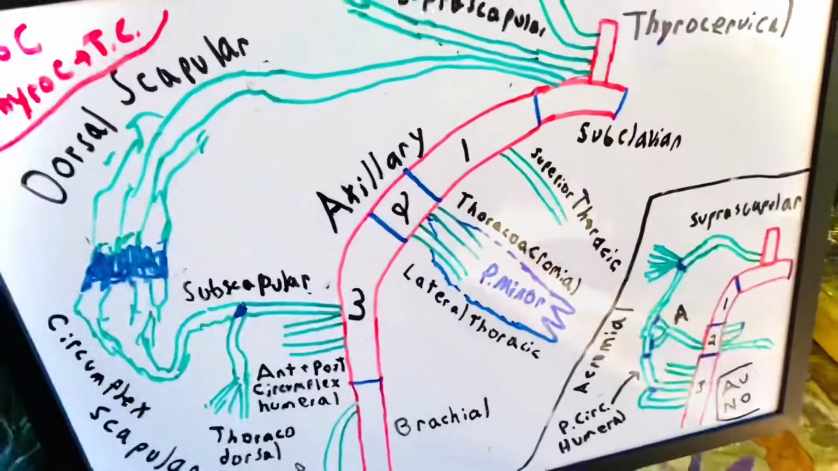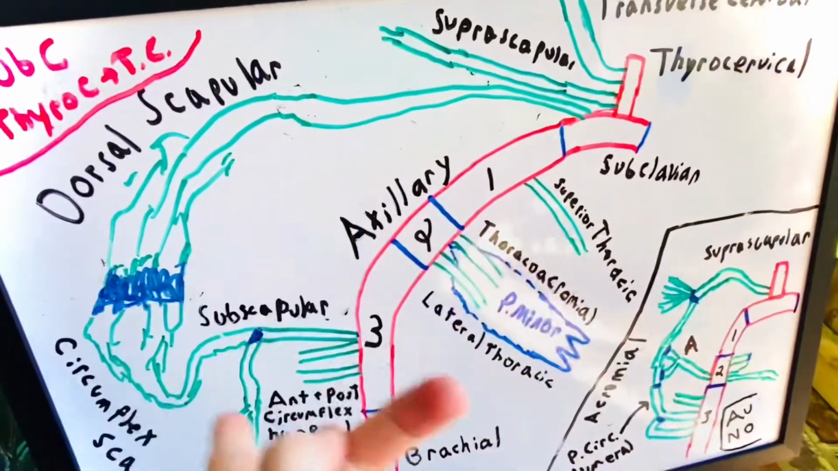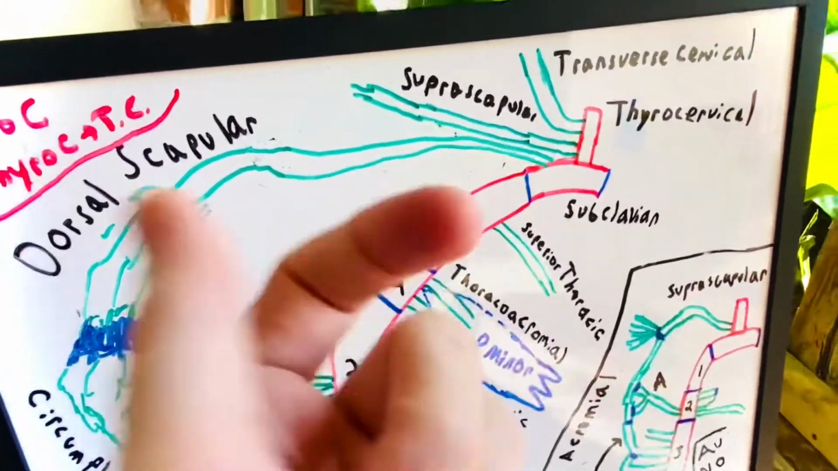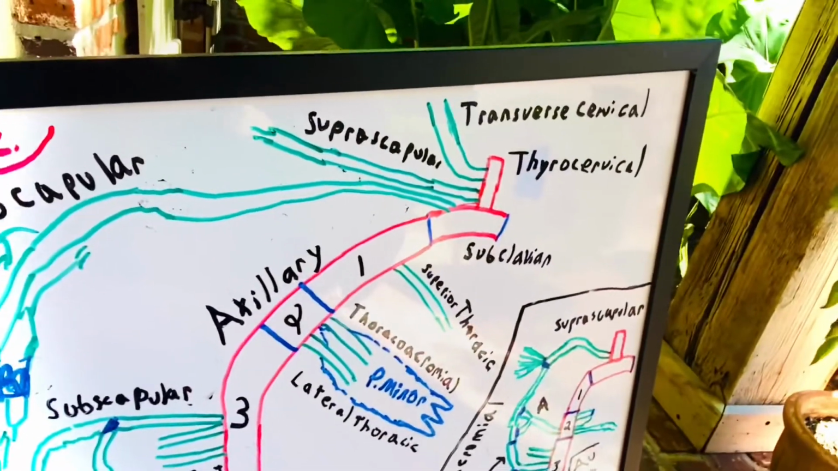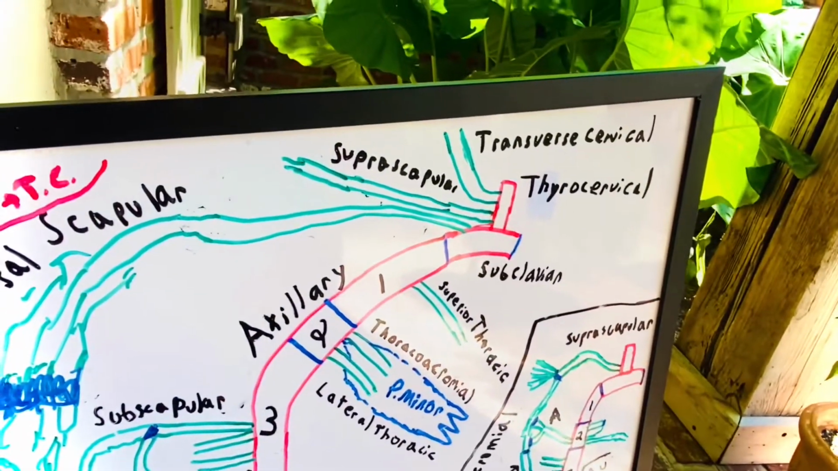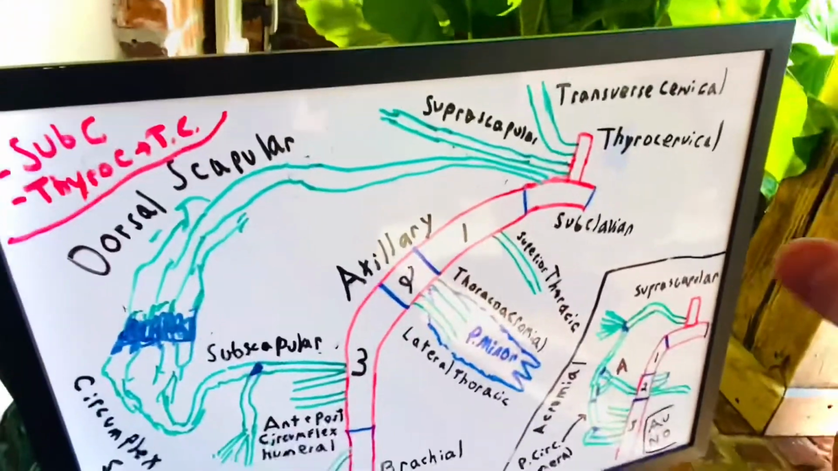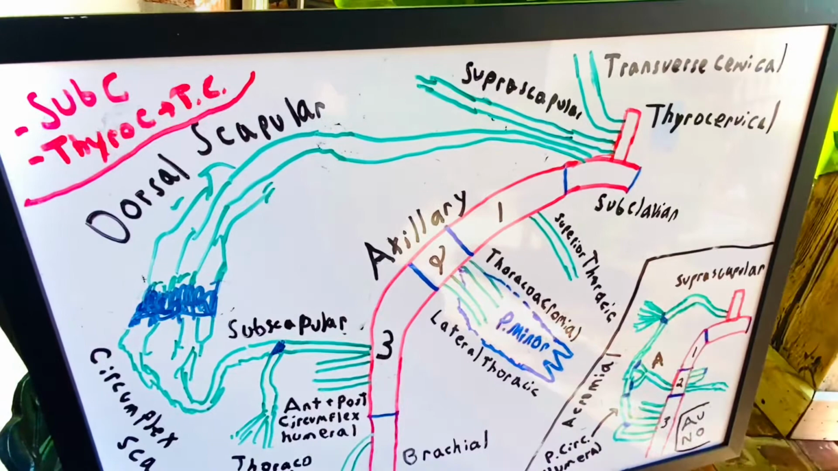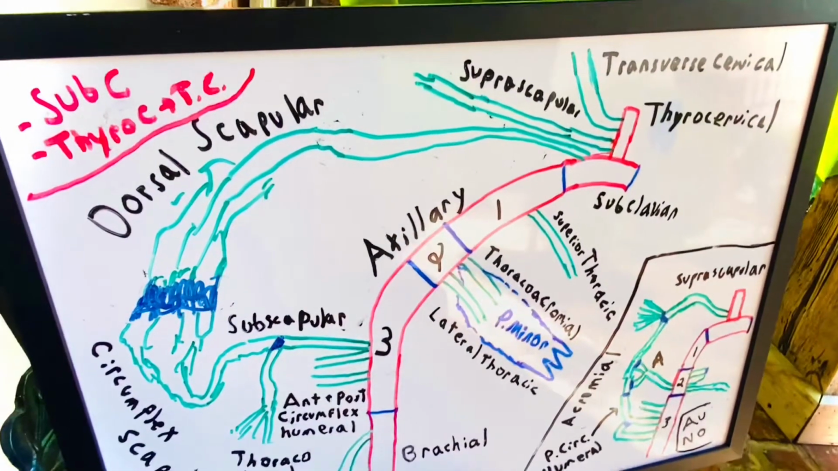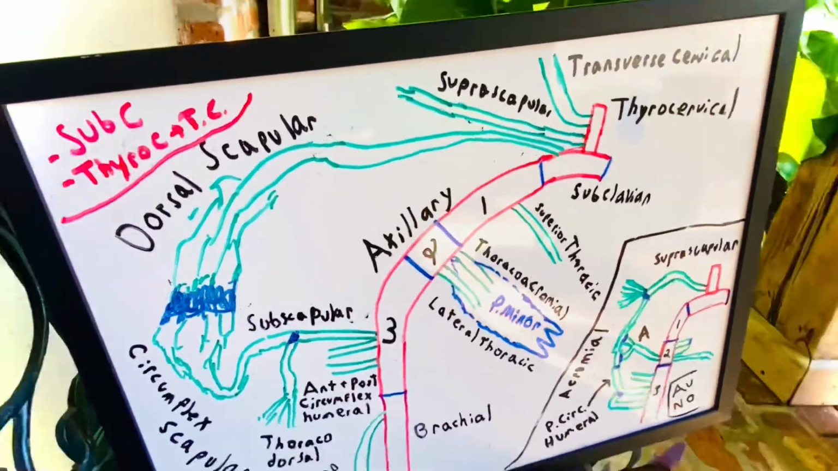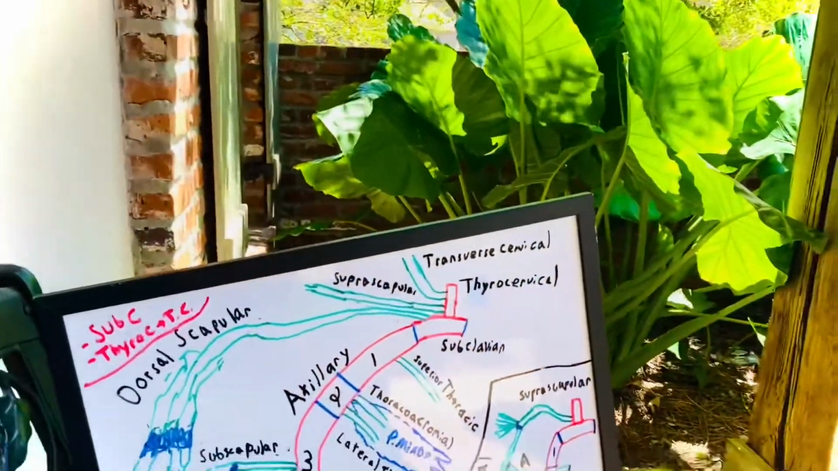So yeah, if this number 2 is tied off, you can't get blood down here. But look at this. Coming off of your thyrocervical trunk or thyrocervical artery, there's different names. Sometimes these are called different things. And another thing is people have variant anatomy, so it's not always going to look like this. In fact, the dorsal scapular artery, which is going to be